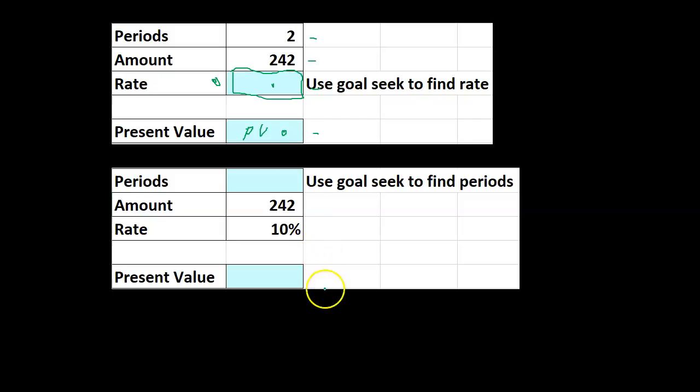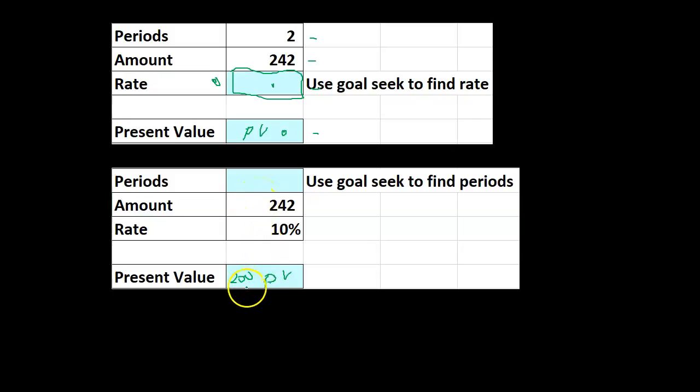So that's one way we can basically solve any other factor, any missing variable, using only one function, one equation within Excel. And we could do that here too. Like if we don't know the number of periods, but I know the amount, I know the rate, and I know this is 200, then I can say, well, let's use the present value formula. I'm not just going to type 200 in here and then look for a formula up top, because I don't know the formula for the number of periods. I don't want to know another formula. I just want to use the present value formula to figure out the number of periods.